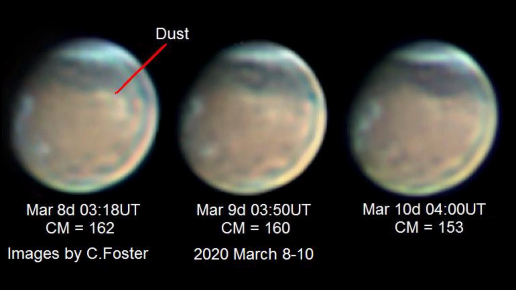I'd like to show you these images by Clyde Foster from South Africa. And on this first one of March the 8th, we can see a little bright yellow patch, probably 3 patches in fact there, of dust. And this dust is over the region of Zephyria. If you go to the Mars section website, you can download maps of the planet showing where Zephyria is. Longitude there about 160. And on the right, it's almost reaching to the region called Aeolis.